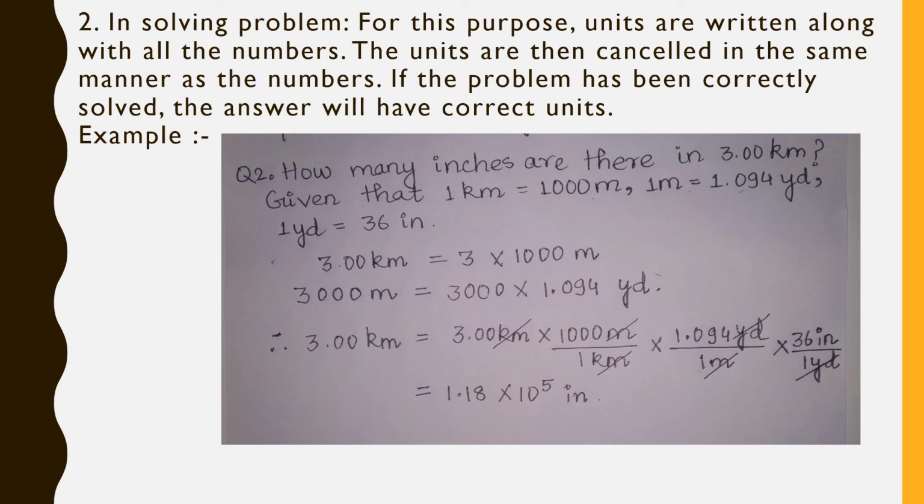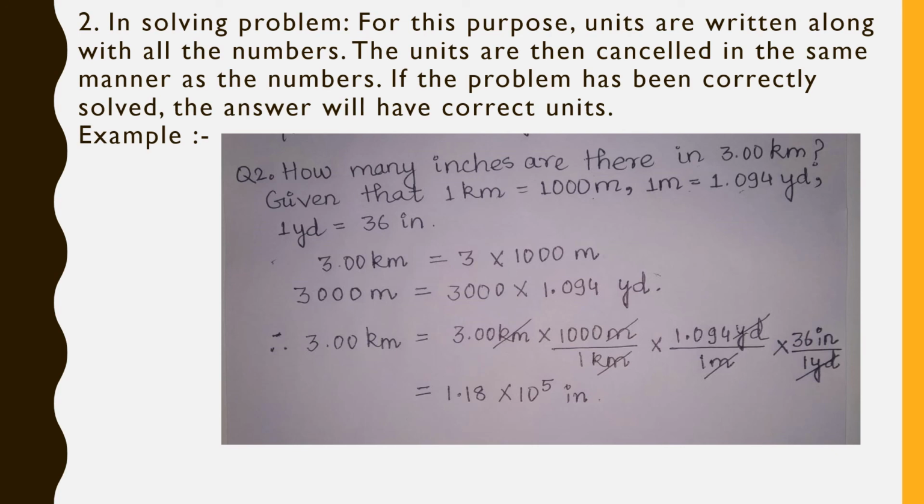These are the unit conversion factors. By multiplying these, we get our answer 1.18 into 10 to the power 5 inches. Why in inches? Because you can see that all the units are cancelled out: kilometer, kilometer, meter, meter, yard, yard. So we get our answer in the correct unit, that is inches. So this is the conversion